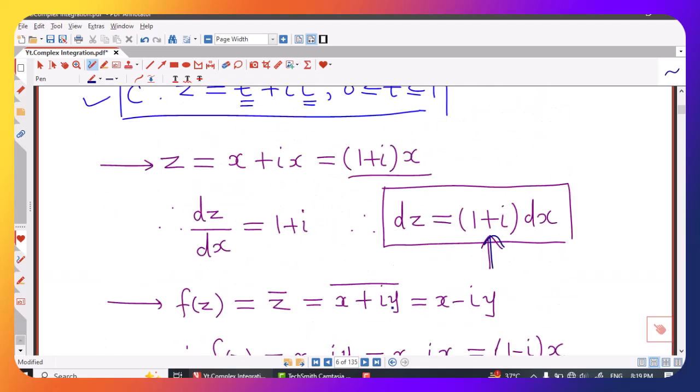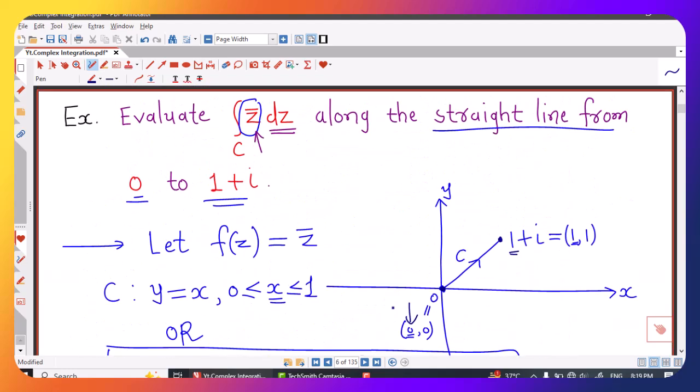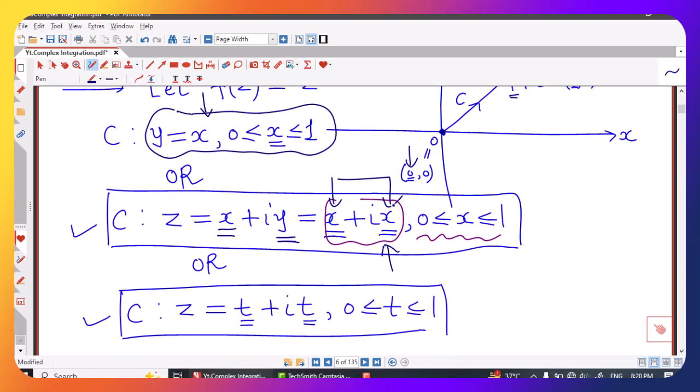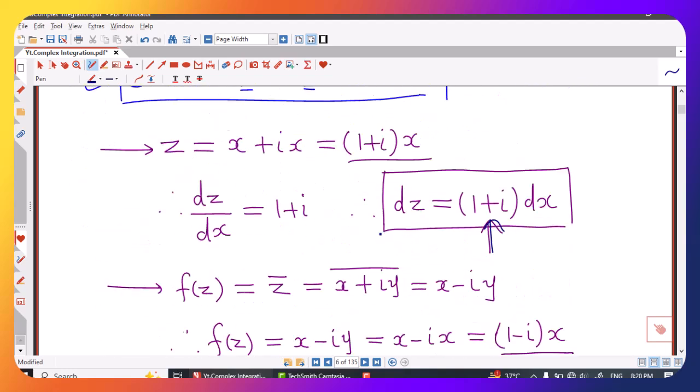All we are doing is converting our complex integral or contour integral into a real integral, and for that first we find the equation of the given curve and we express that curve in terms of a single variable, and that single variable we consider as the parameter for our calculations. Here we consider x as the parameter, and using this z equal to x plus ix, we convert our function in terms of